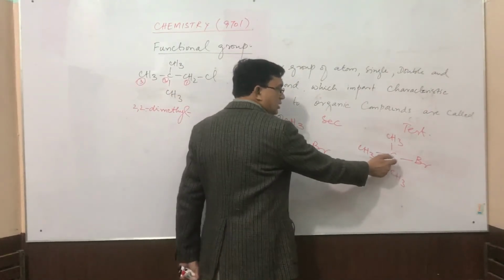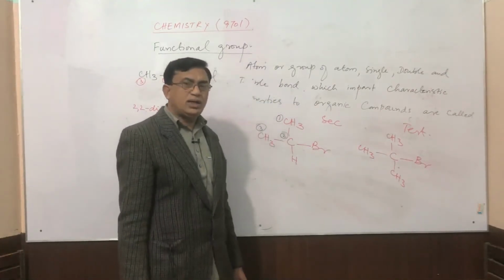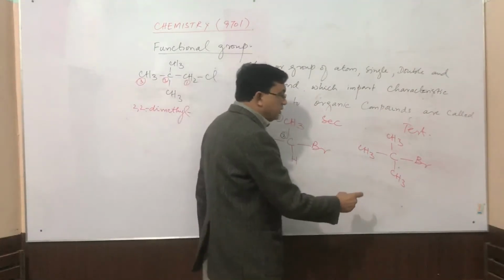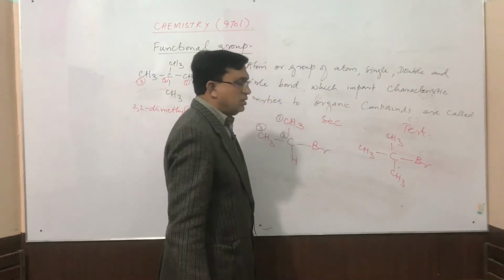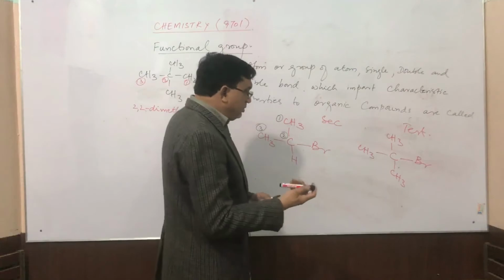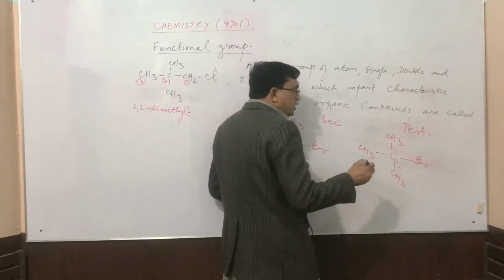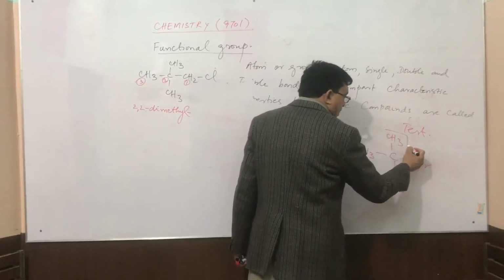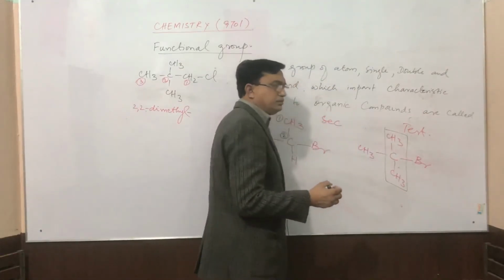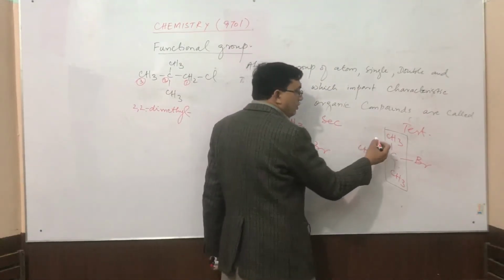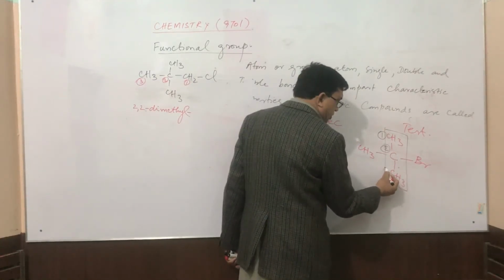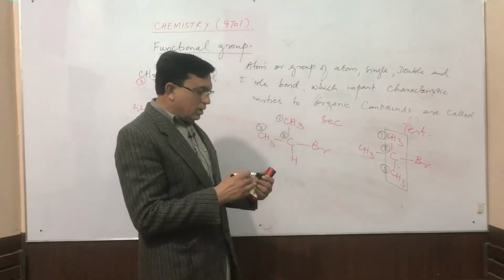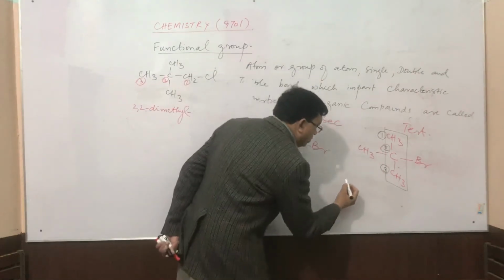This is called as a tertiary halogenoalkane. Now, how we will name this tertiary halogenoalkane? We will select the longest chain. That might be my longest chain. I will give the numbering 1, 2, and 3, and depending upon the numbering, I will mention that